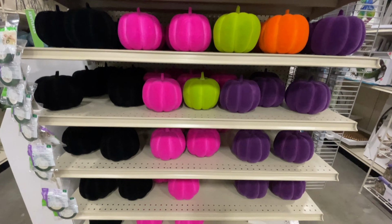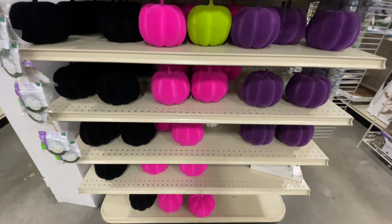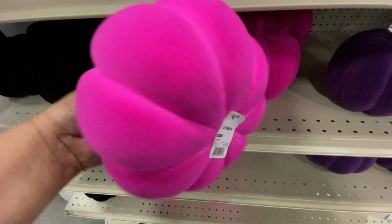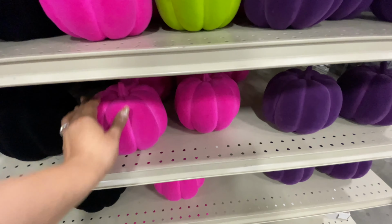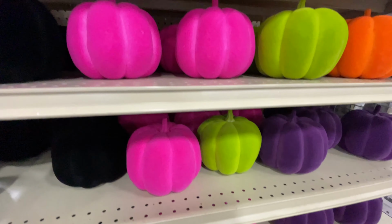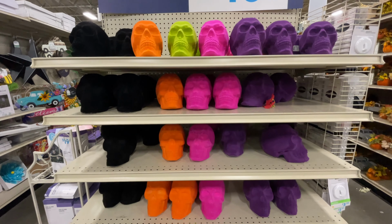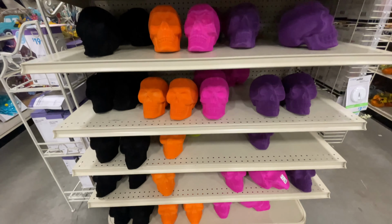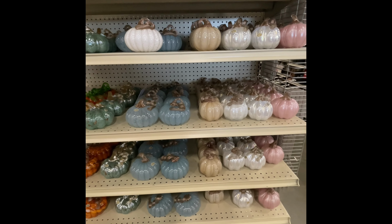Then of course, this is what I like to call the pumpkin video. So I had to show you that they also have these velvety pumpkins in these bright colors for $5. Look at that. Also the skulls. Might as well take a look, you know, why not? And then